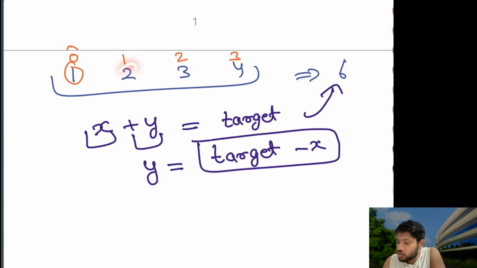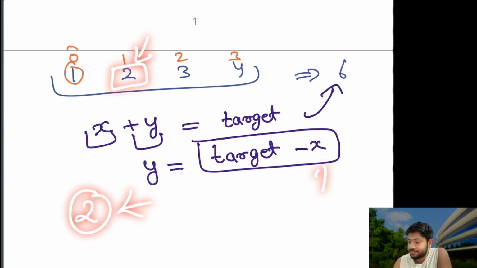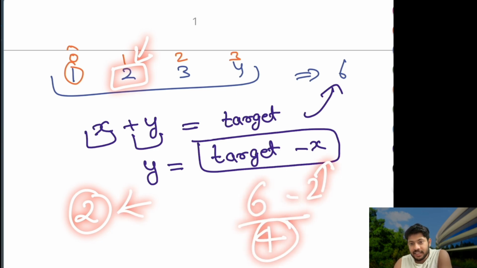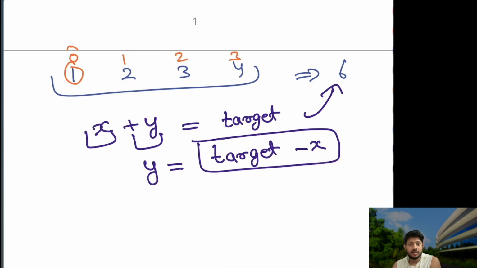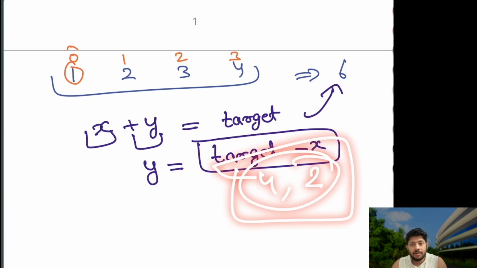Because the actual answer is 2, 4, right? I mean the indexes are 1, 3, but the numbers are 2, 4, which when added will be equal to 6. So when we are running a loop and our loop is right now pointing to this particular number, at 2, we are saying that 2 is x, target is 6, 6 minus 2 is equal to 4. I am asking, have I seen this 4? Yes, I have seen this 4, right? If that's the answer I am getting, that I have seen a 4, I can say that I have a 2, I have seen a 4, 4, 2 is going to be my answer, but we need to return the